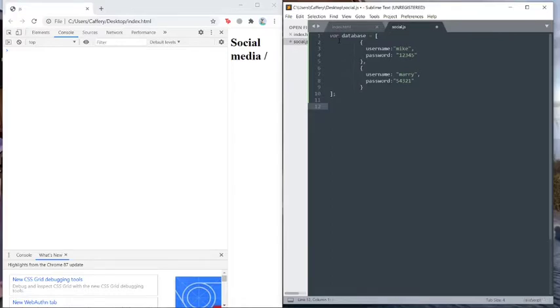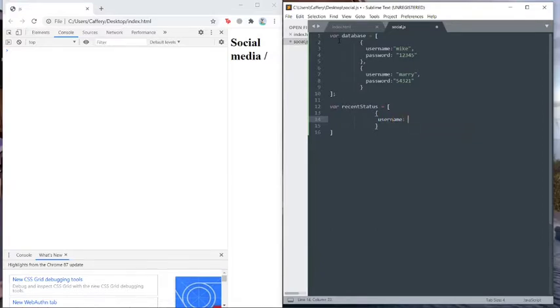Okay, what else do we need? Now, once these users have logged in, they should be able to see something, right? So what they should see should be the username and maybe, let's say, the status that has been updated by the users. So I'm gonna call it recent status, which is also an array, and this array will have objects inside it, and those objects will have the property of